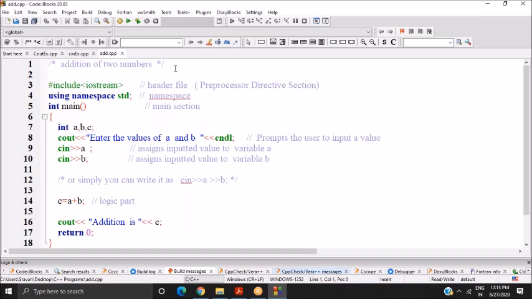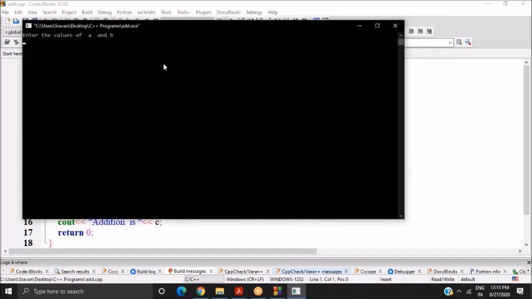This is the program. If you observe the output, first the cout statement is executed, "Enter the values of a and b". So enter the values 20 and 30. It extracts the information from the keyboard input device and assigns 20 to a and 30 to b through the input stream interface. After that, the a value is 20 and the b value is 30.